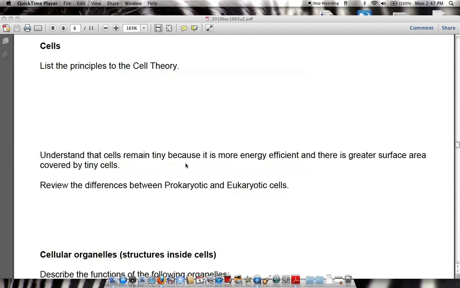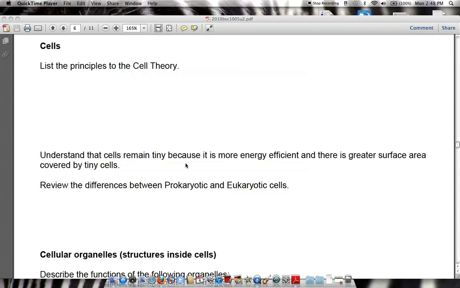Whereas if you had a very, very large area, it would take a lot of energy by the cell to move that item from where it was made to perhaps where it's needed within the cell, or to actually